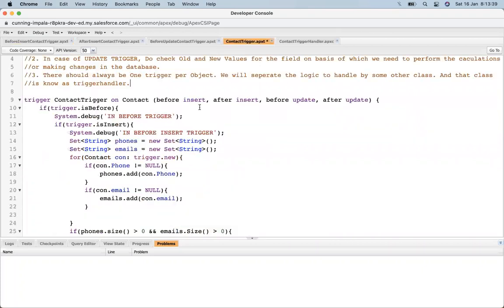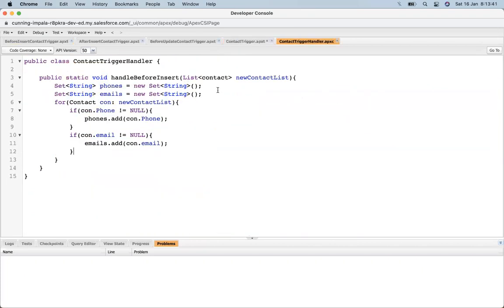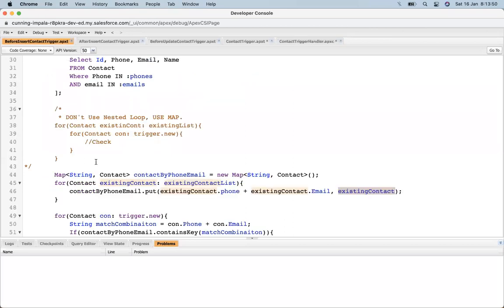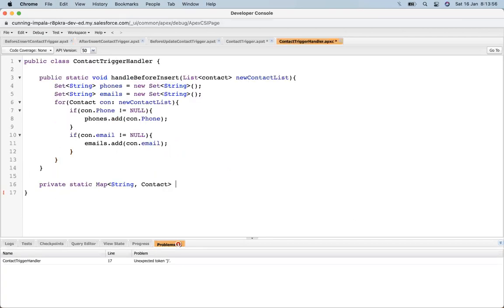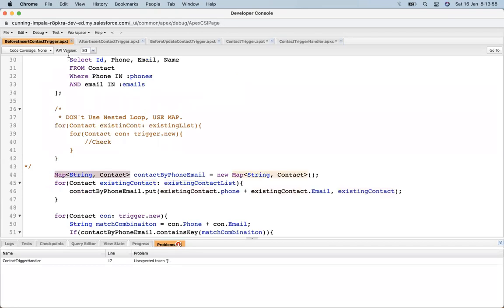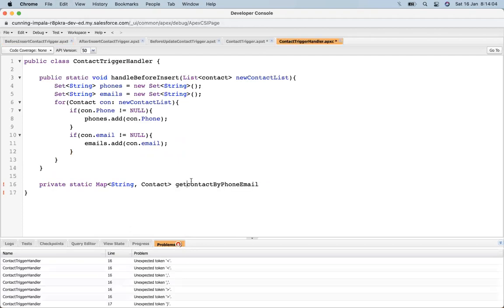Now we are defining a method that will do that particular job. Let's define a private static method with this return type, getContactByEmailPhone. I'm writing just the name.